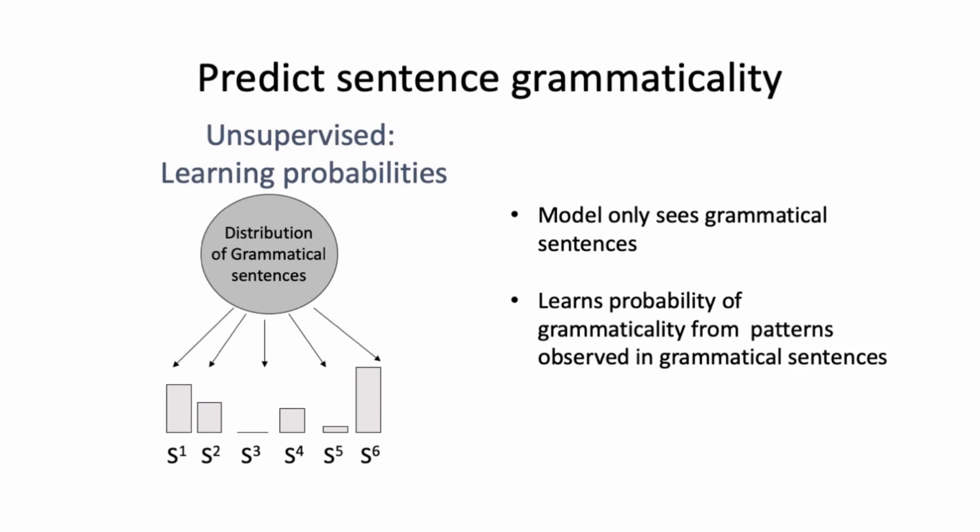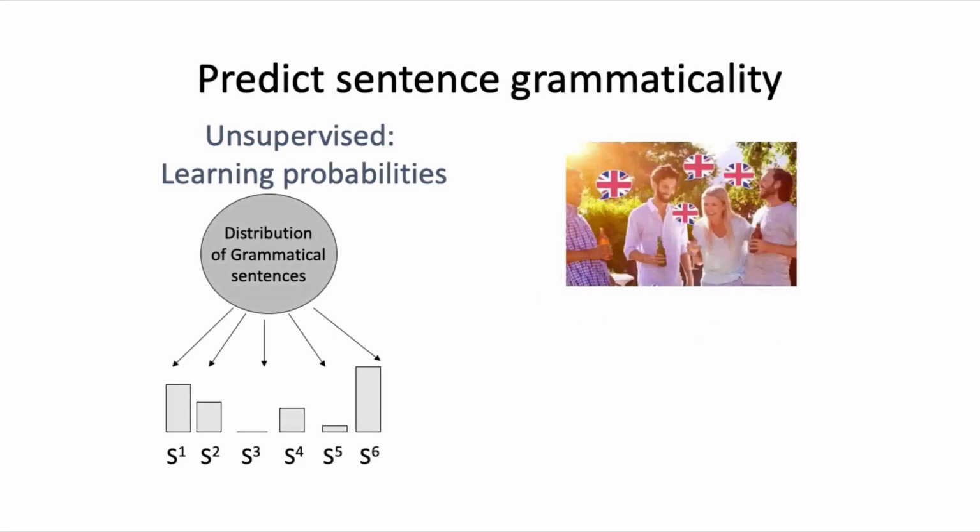An example of a human undergoing such unsupervised language learning would be if you were learning a new language and you never got told which sentences were grammatical or not, you just wandered around listening to native language speakers and picked up patterns. Maybe this is like if you were learning a foreign language by watching TV shows, or if you were a child learning a language for the first time and you were listening to the adults around you speaking and you don't get any feedback on what is grammatical.